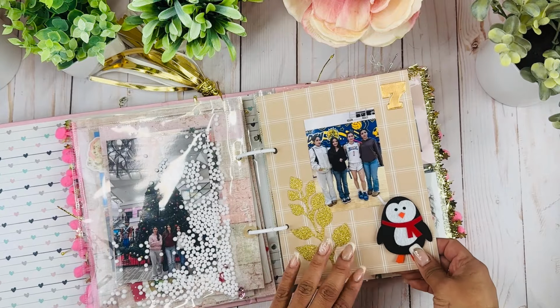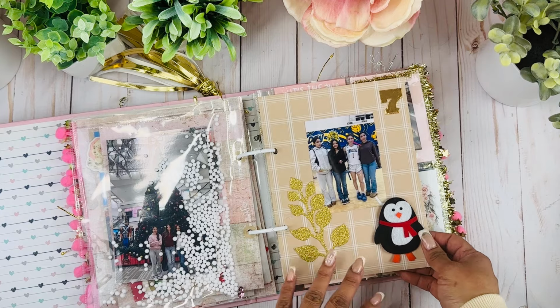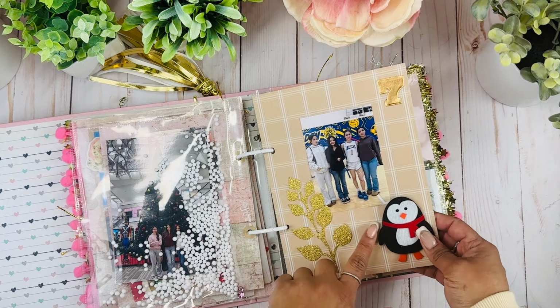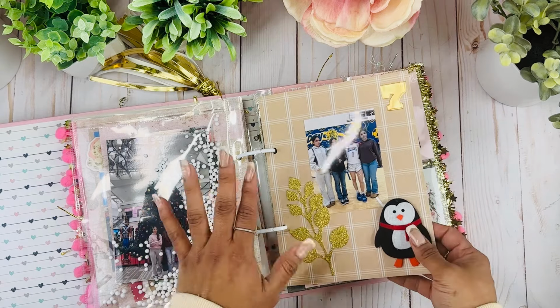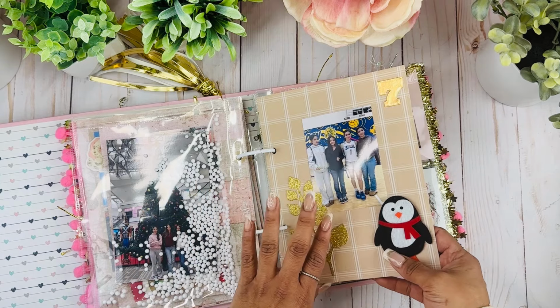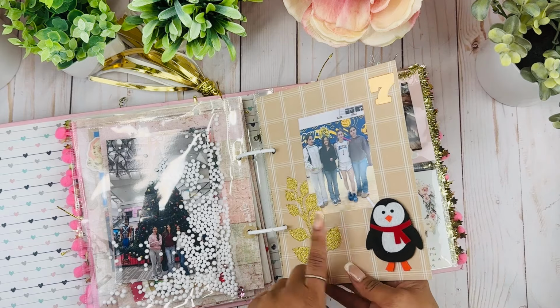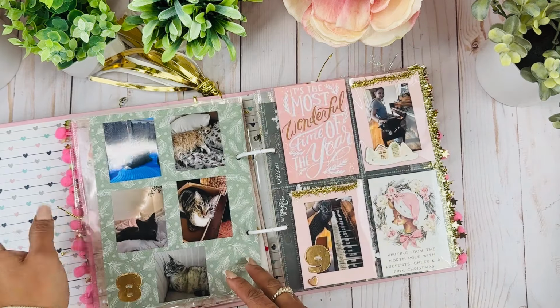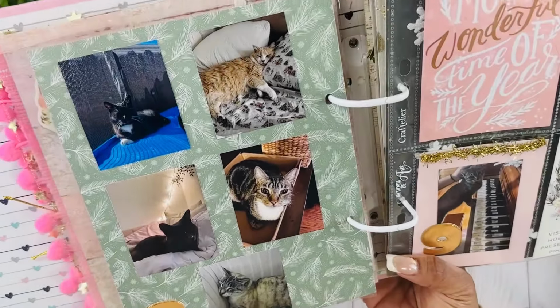Then on the 7th, we always go watch basketball. My kids do volleyball and their best friends do basketball, so this was one of those basketball days, so I decided to, even though it wasn't Christmassy, I love it. I love having friends that are like family to us, and I printed one of those pictures and just decorated a little bit. And then on the 8th, I didn't have any pictures also, so I just went ahead and